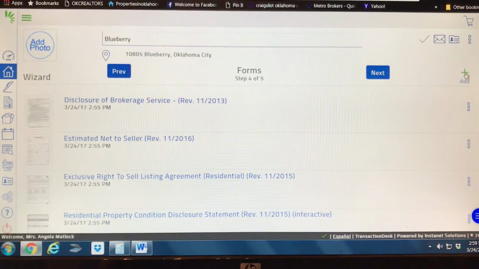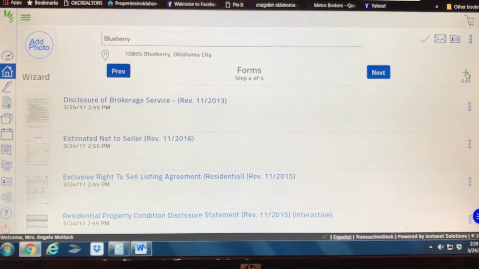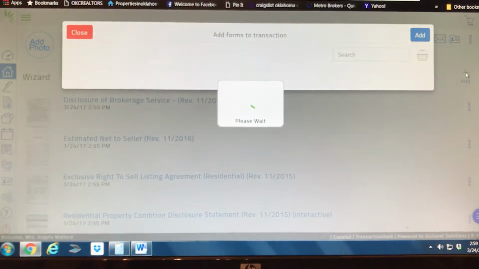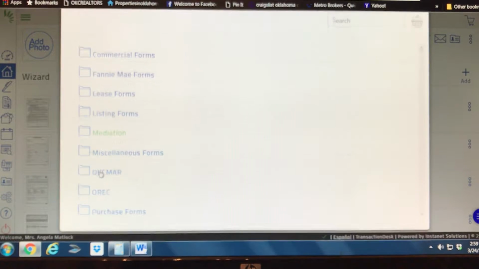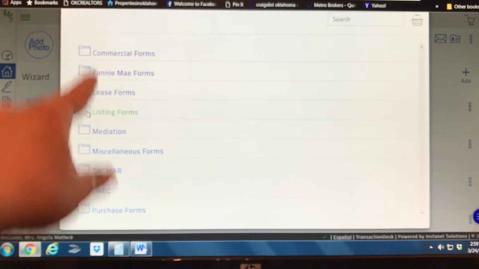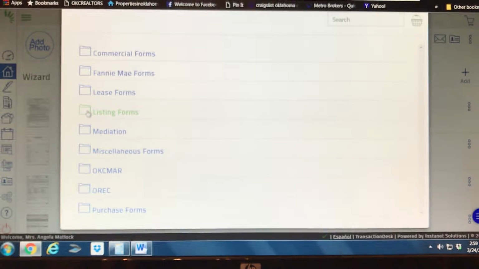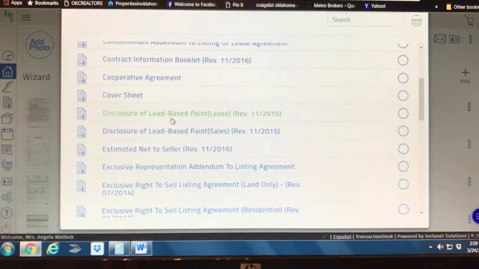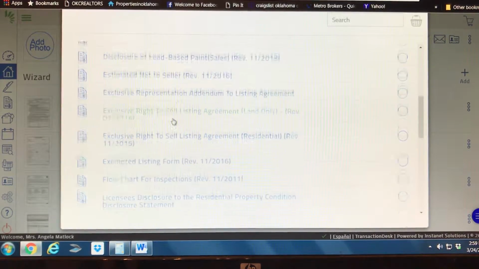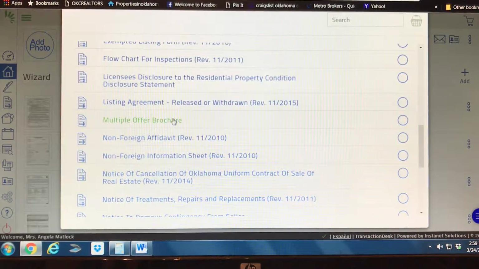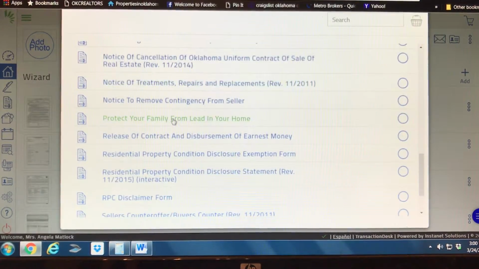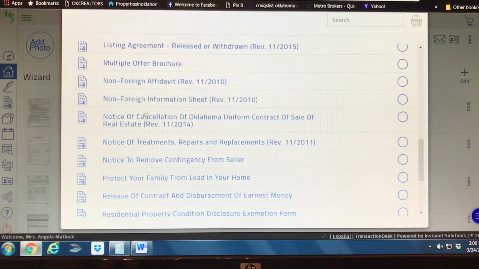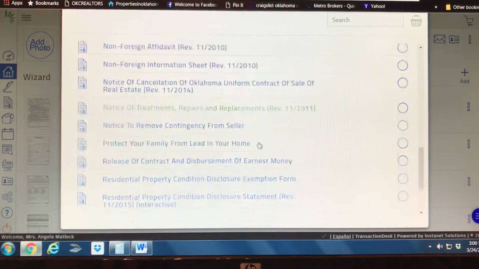I would click, or if you didn't use transaction templates, then you would click the add form right here. And then you would go to your listing forms or whatever forms you needed. And then I would look for the form that I need. And I don't really need anything, but let's go ahead and add the